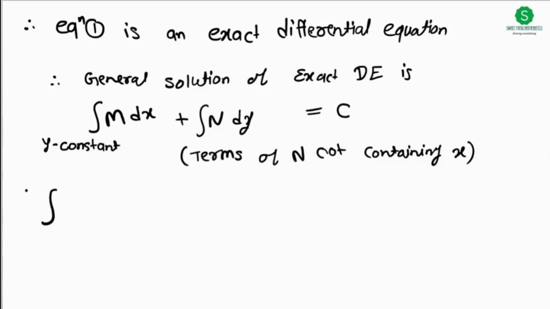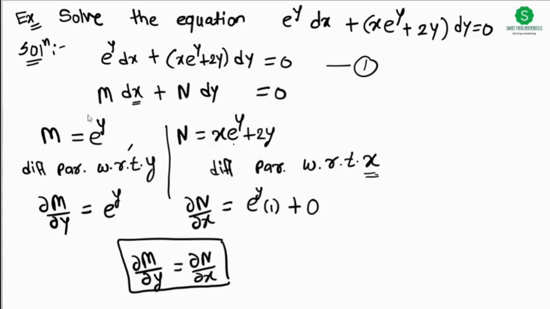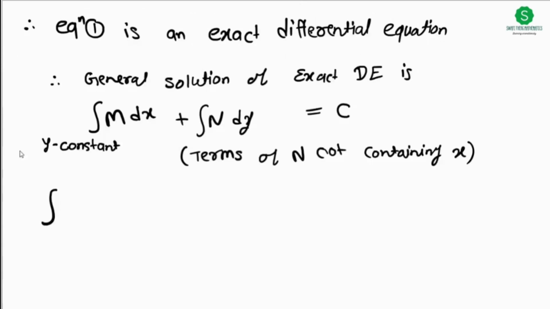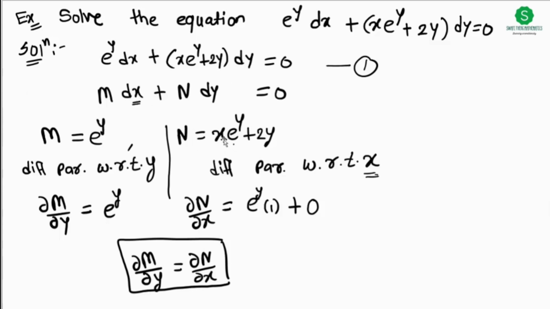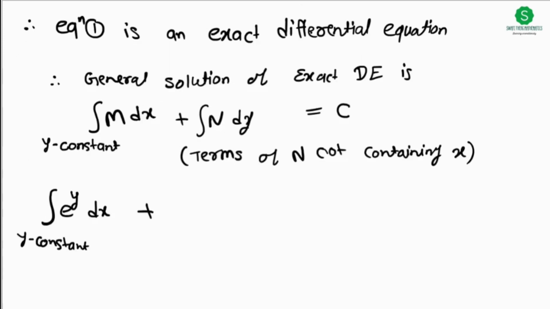So here, as per our question, m is e raised to e power y. Put the value of m: integration of e raised to e power y dx, taking y constant, plus integration of n without the x term. Here n is x e raised to e power y plus 2y. The first term contains x, so we skip it and take n as simply 2y. From n we take the term which does not contain x, so it is 2y dy